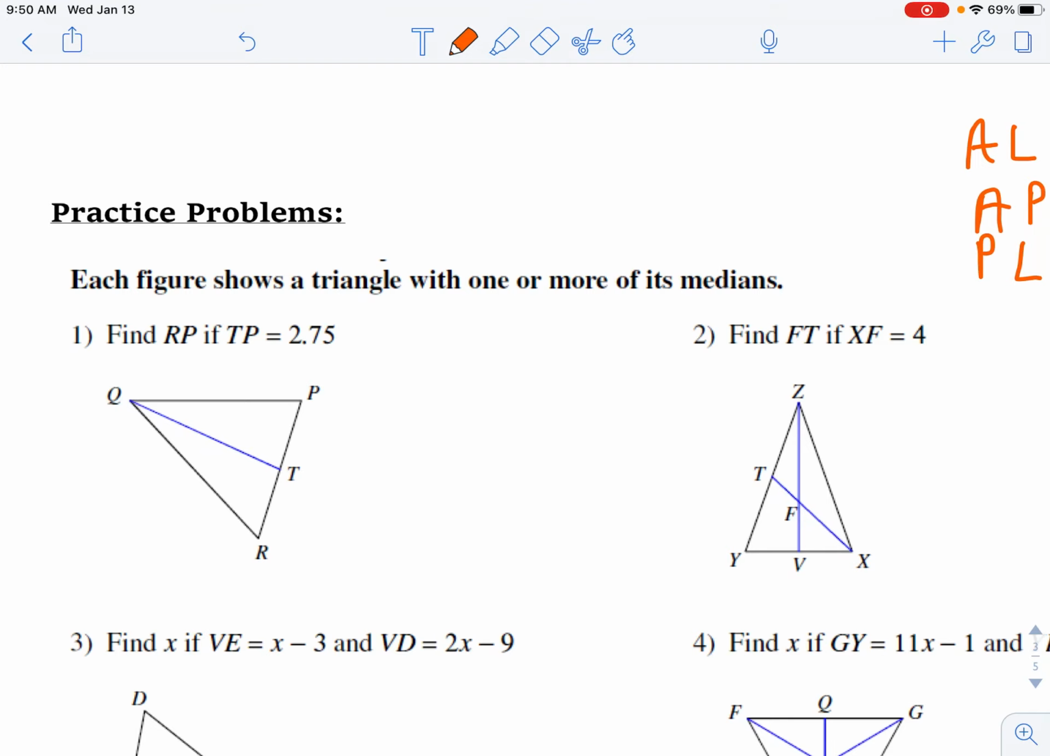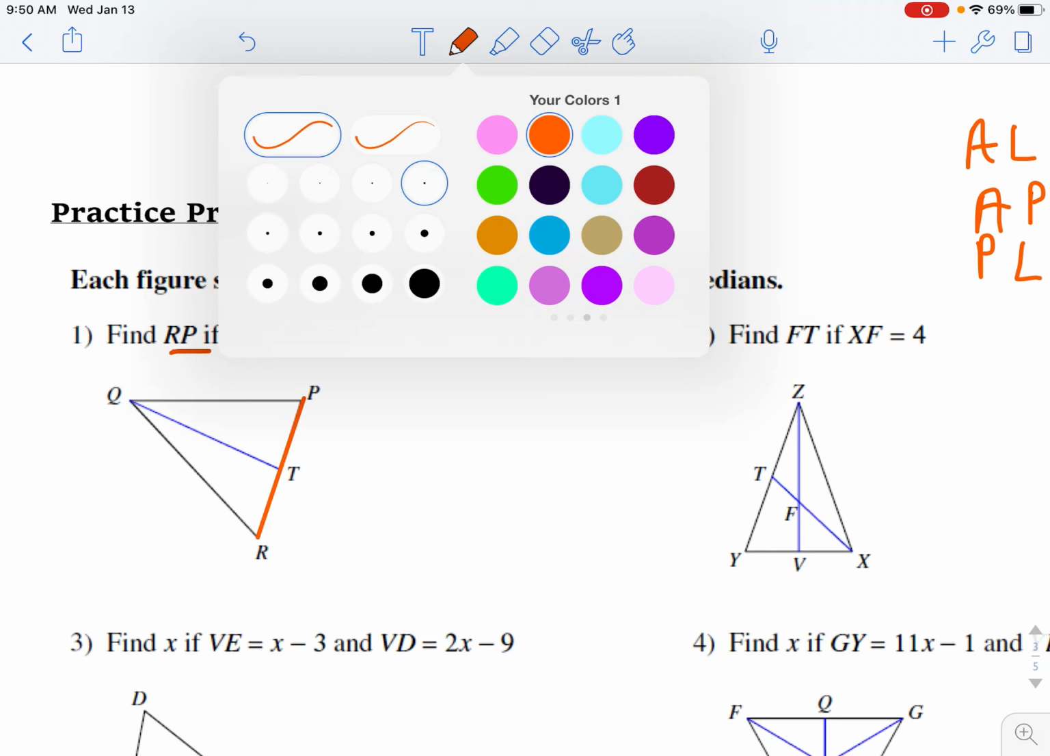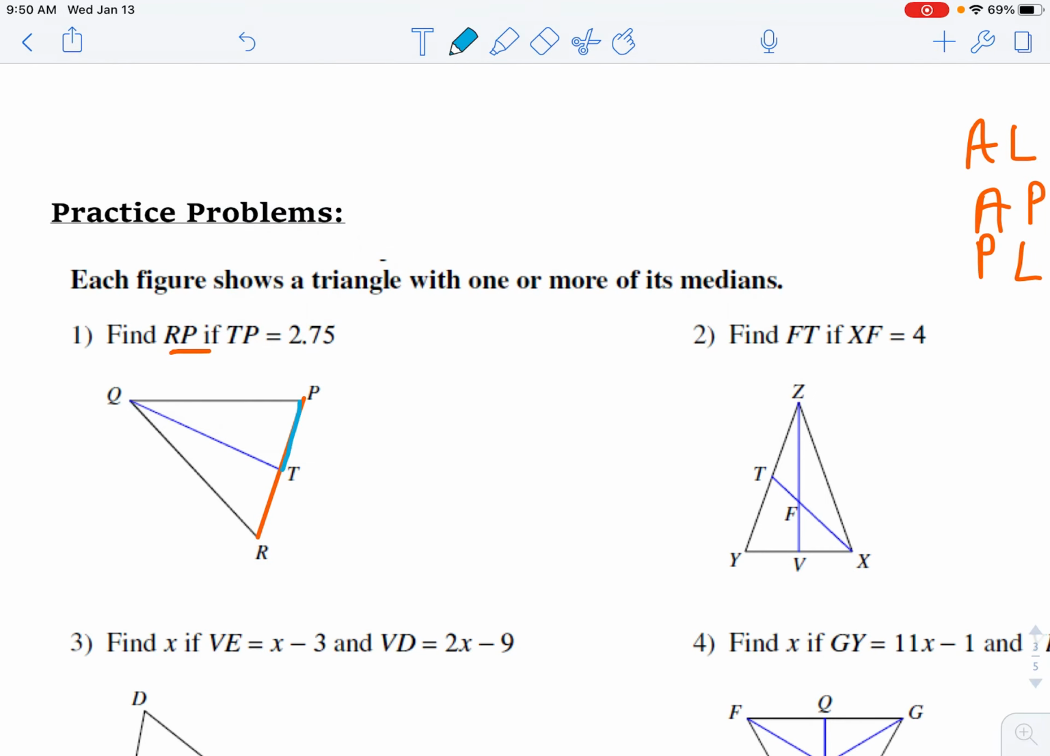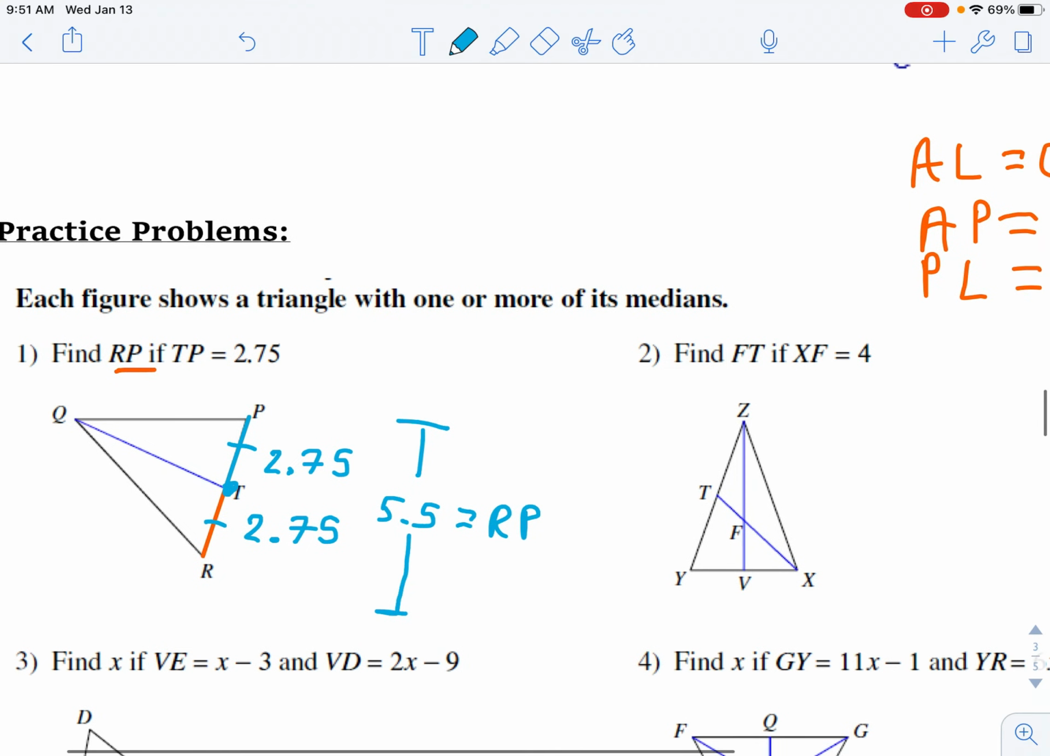So in this first one right here, we wanna find RP. Well, TP is 2.75. So that means, remember, these are medians, so T is a midpoint. So that means that this part is 2.75. So the whole thing is 5.5. All right, just added them together. So RP is 5.5. All right. Now,